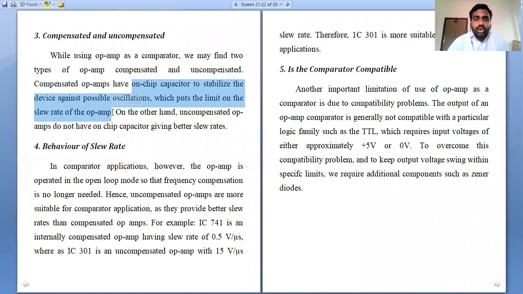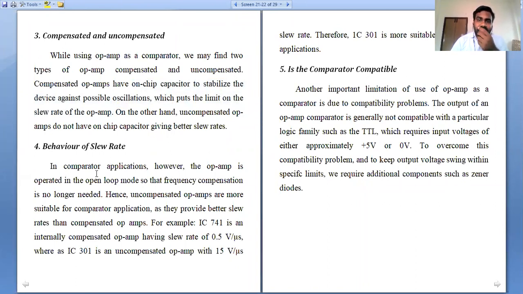But if there is no compensation, the slew rate will affect the output, along with other parameters like temperature drift or thermal drift and other upper thresholds. These are all threshold frequencies, and they will disrupt the behavior of the output voltage. So what is the behavior of slew rate? Let us go through it in detail.